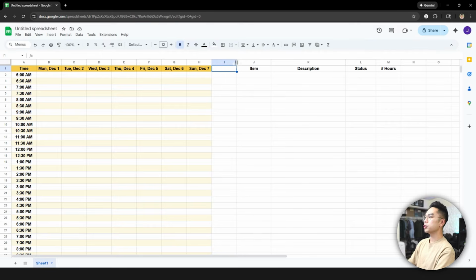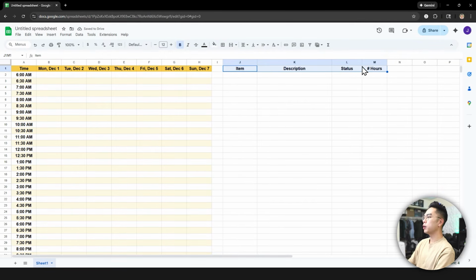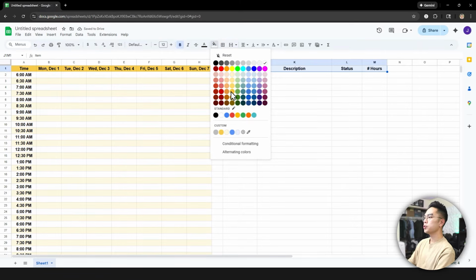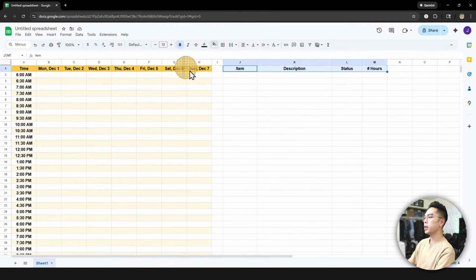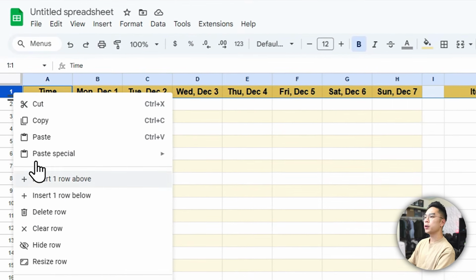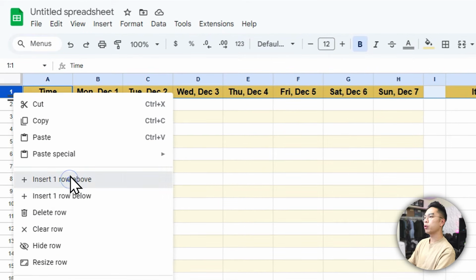I'm going to also shrink this column I and match the color of this to that yellow. You can just pick it from that, and there you go. You just use this eyedropper tool here to copy the color. Okay, perfect. Now when you add another row here, you can insert one row above,